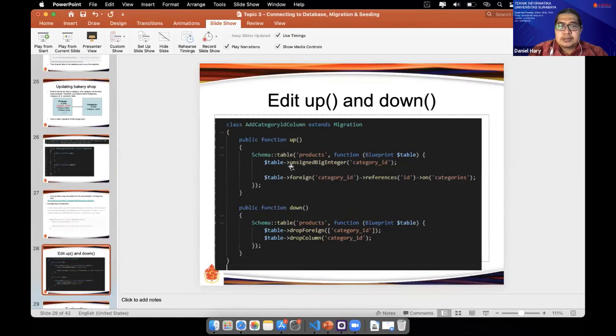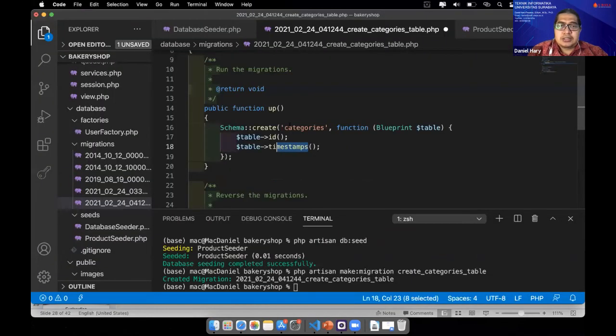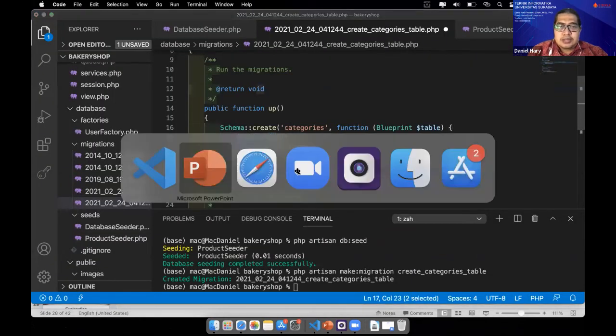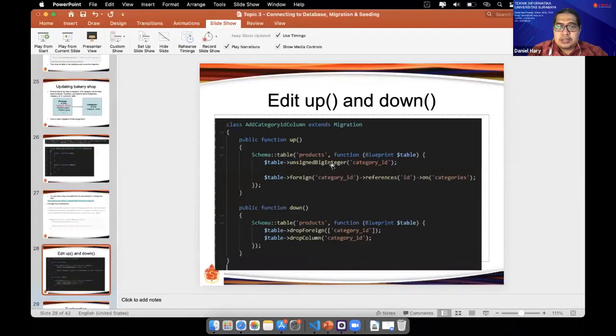This one, unsigned. The ID is an integer, because we create the categories with ID. We have to create the category ID with this one, unsigned big integer.